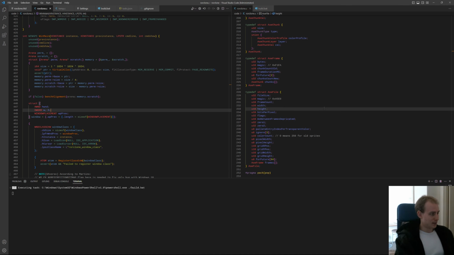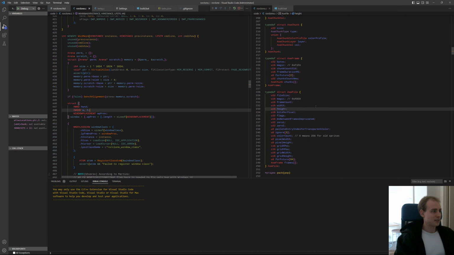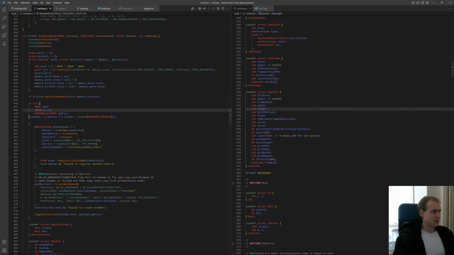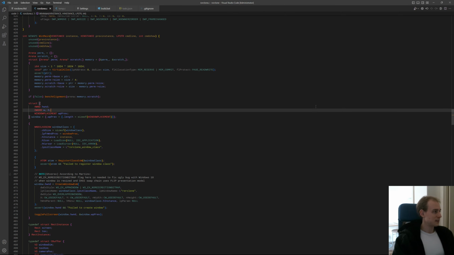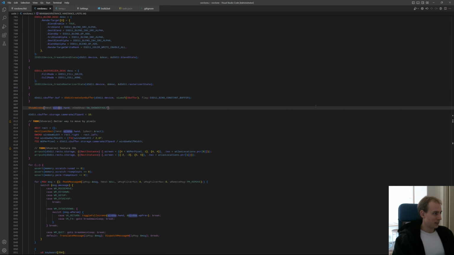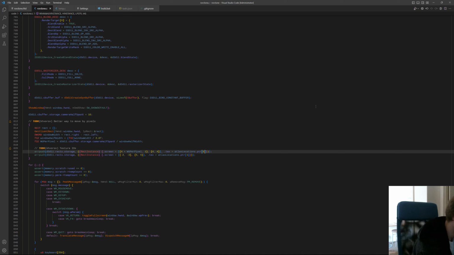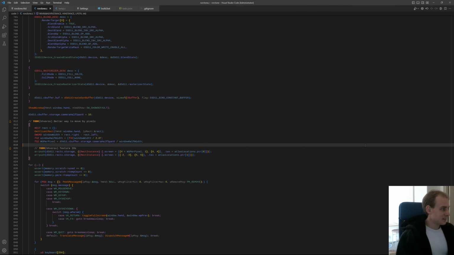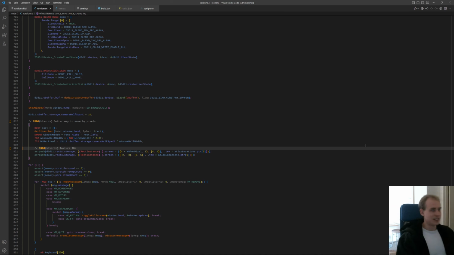So, we're at a point where I need to be able to identify the textures in the atlas. So let's see. Yeah. So presumably the IDs will just be indices into the atlas. Like, we don't need strings. We know what resources we have, so we don't really need strings. So it's something like